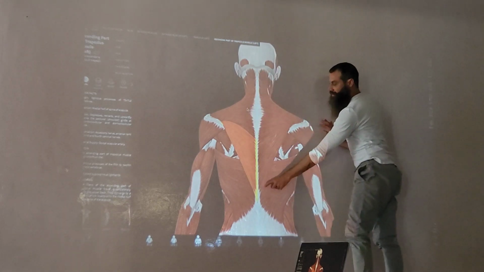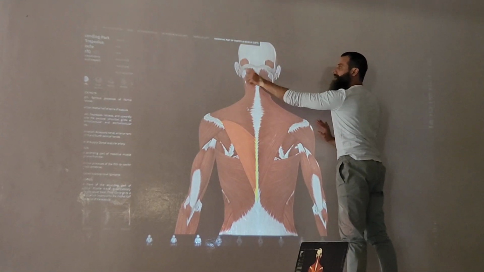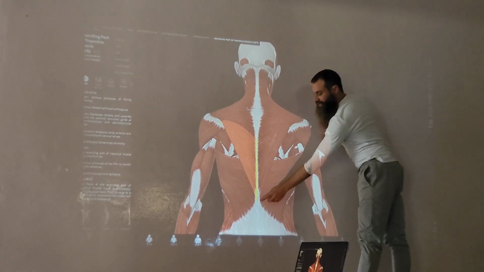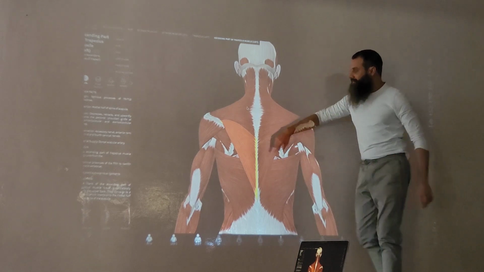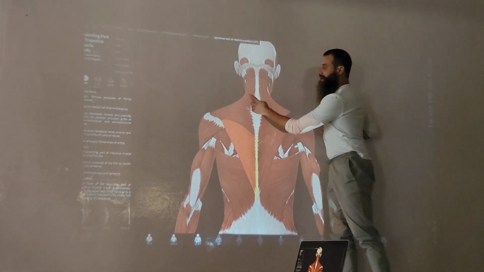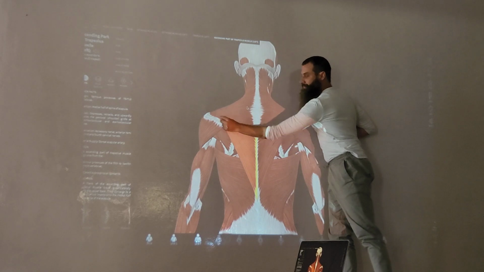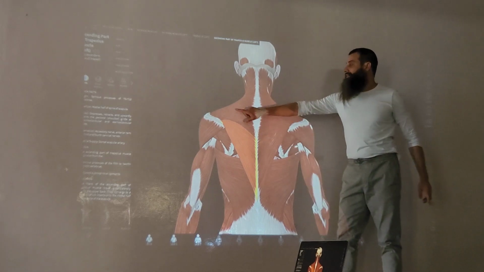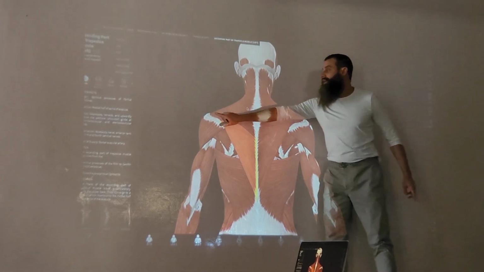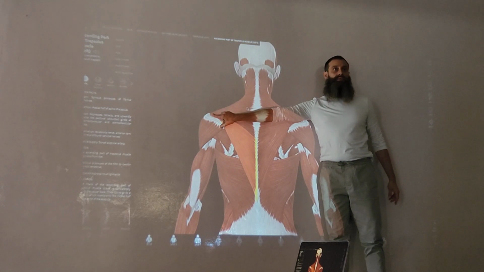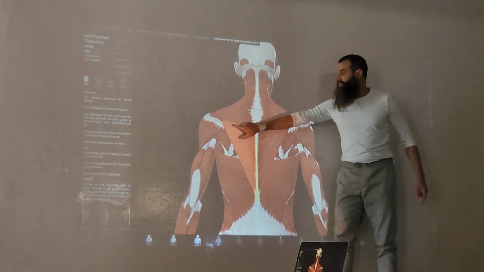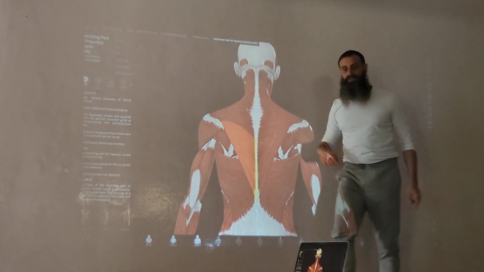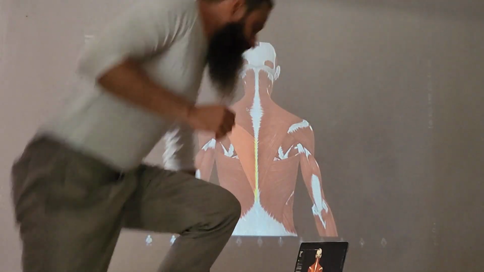It's a big muscle that comes from the back of the head, the occipital, to the shoulder blades, the shoulder, and then comes down until T12. But it is divided into three parts: the upper part of the trapezius, the middle part, and the lower part. Depending on how you use these muscles, they affect the shoulder blade in different ways. Okay? So what is important for us is the lower part, because this is the muscle that allows us to move the shoulder blades down.